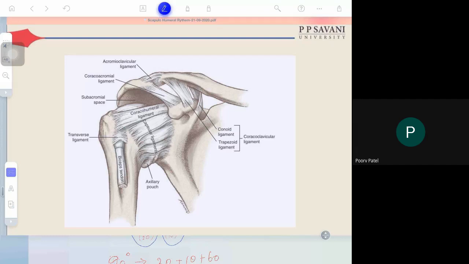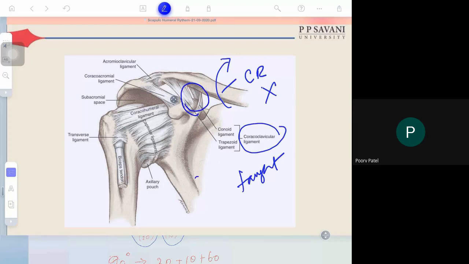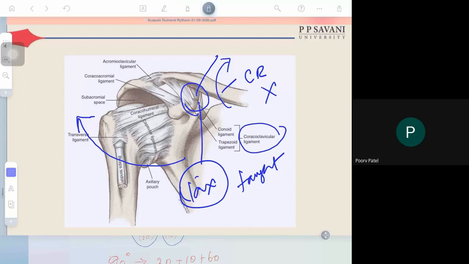So clavicle rotation does not occur in the beginning of the range of motion. Why does clavicular rotation occur? Clavicle rotation occurs because the coracoclavicular ligament becomes taut. Initially the ligament is lax. As the scapula is rotating upward, the ligament will become taut. When the ligament becomes taut, then what happens? Further rotation